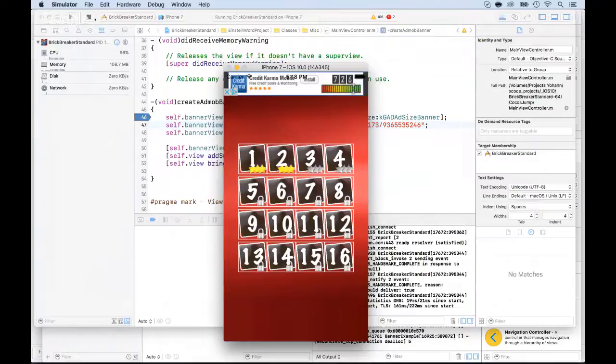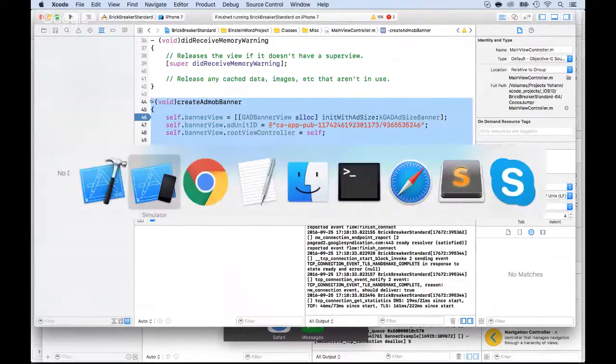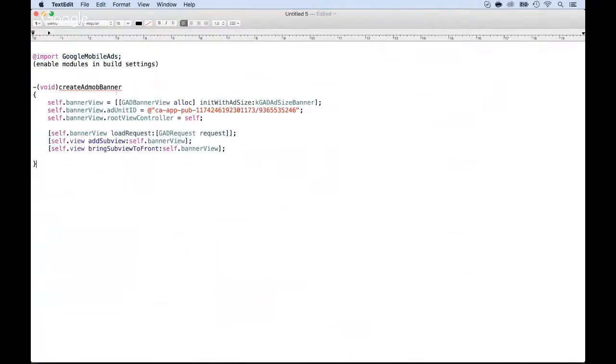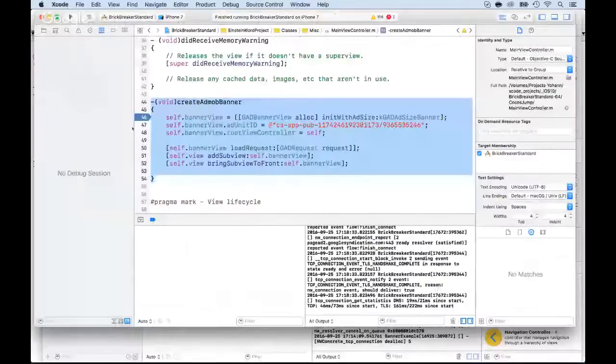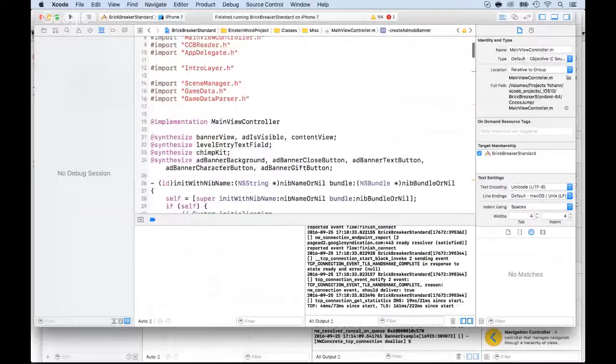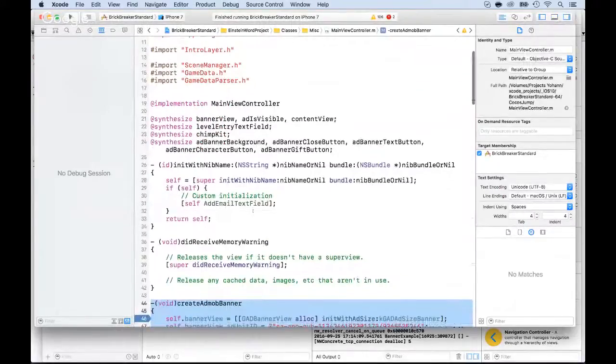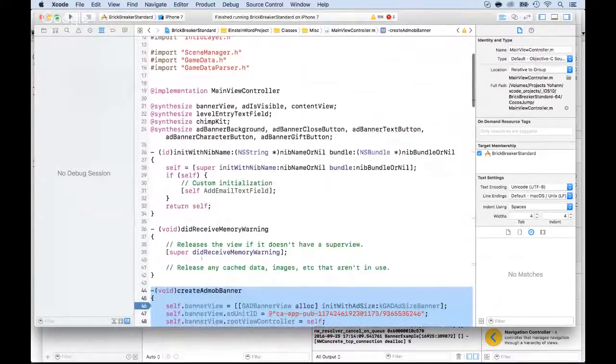So guess what? We've learned a lot here to do it with Objective-C and on legacy code. So what I'm going to do is copy this create AdMob banner and put this inside of my text edits so that I could reuse that later for any other game. Excellent. Now, I'm not just going to put this. I'm also going to go up and take all the extra code that I've done so that I know what to reuse. Okay, so what I had that I'm missing is